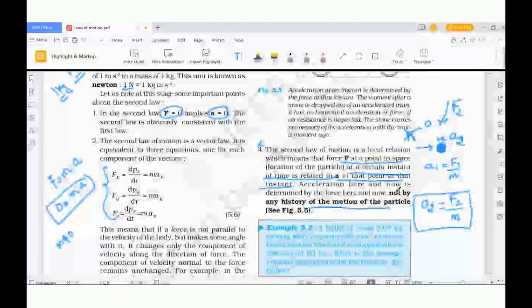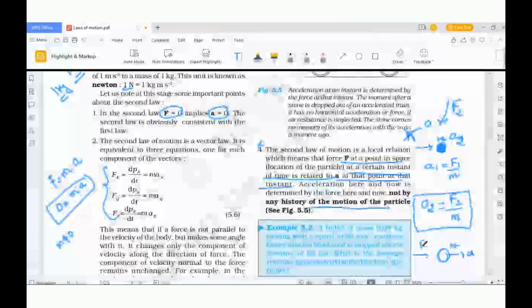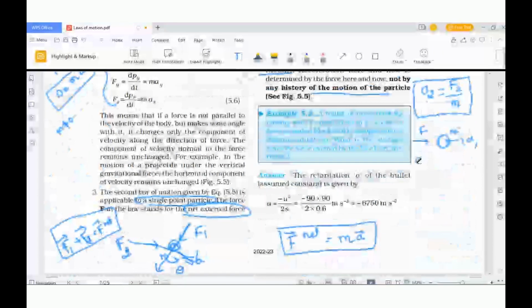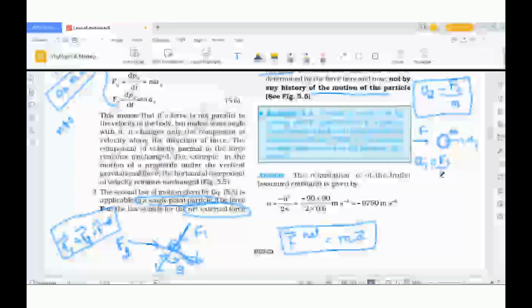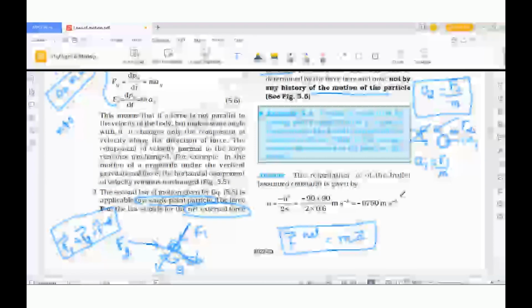Like if there is a mass M, I apply a force F1, you get some acceleration like A1. So now if I tell you to find the acceleration at this moment, what do you say? A1 is equal to F1 by M. Correct? Now I make my F1 go to 0. Now no more F1 is acting, and some new force F2 starts acting on it.